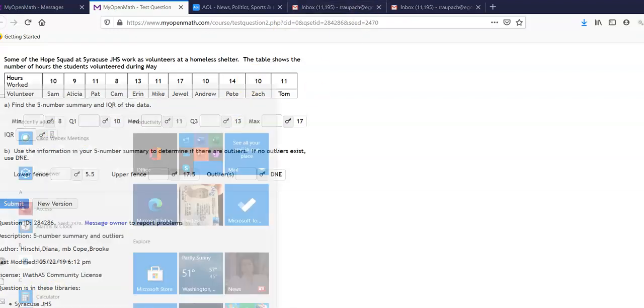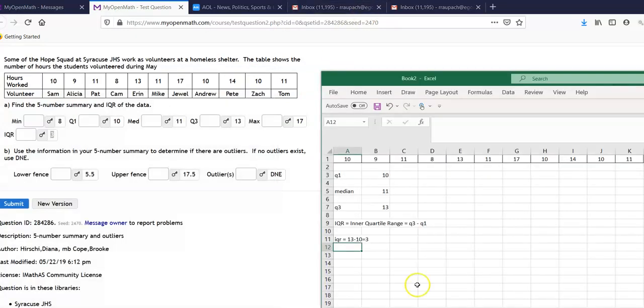Where'd my Excel sheet go? Oh, there it is. All right, there we go. Okay. Now,